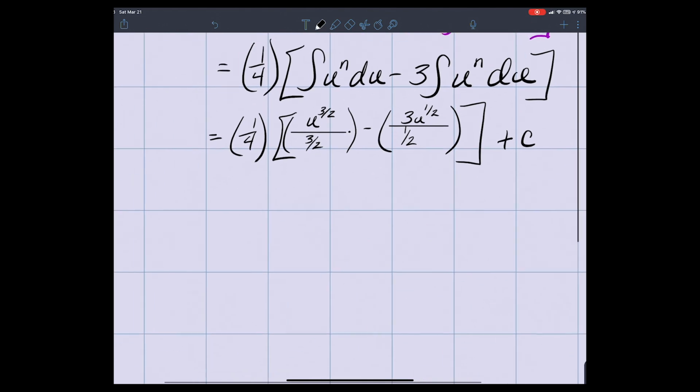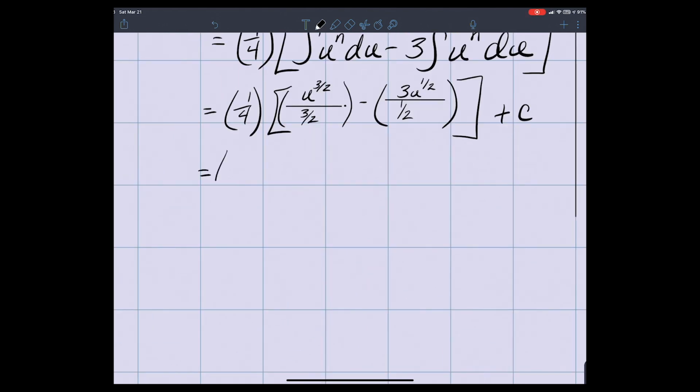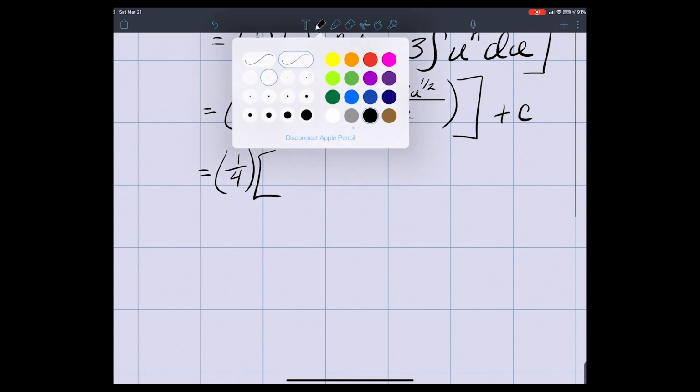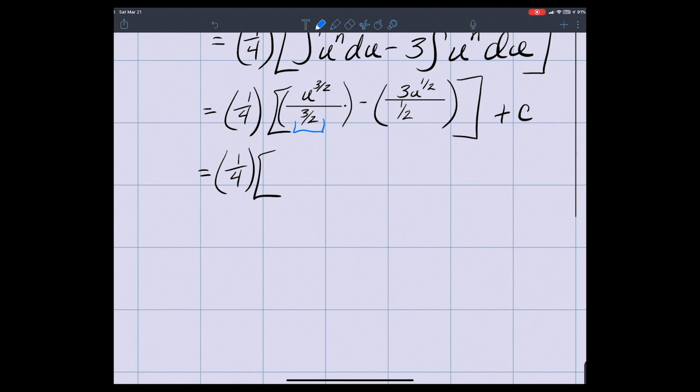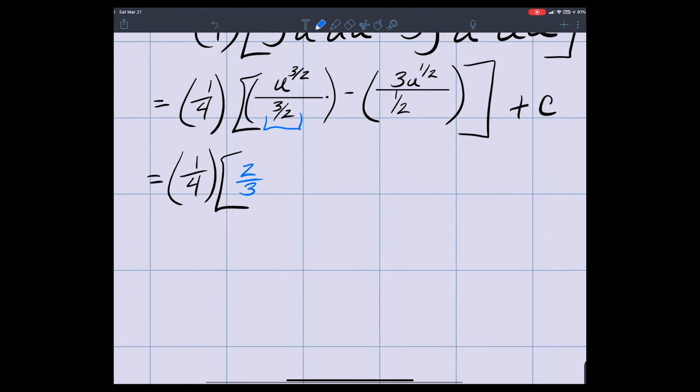Don't forget the constant. And now I'm just going to clean this up. I'm going to keep writing this on the outside till I'm ready for it. I'm going to just perform manipulation, and to get rid of this in the denominator, we're just going to multiply by the reciprocal. It's the same thing as division. Remember, the inverse operation. And I have u to the on top minus